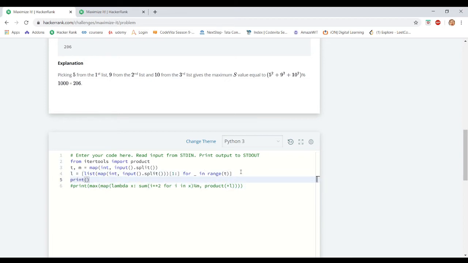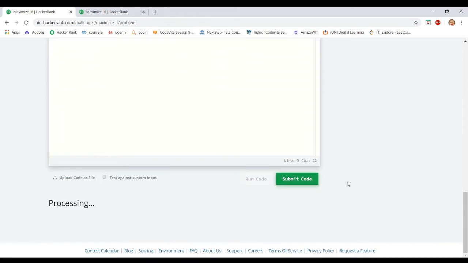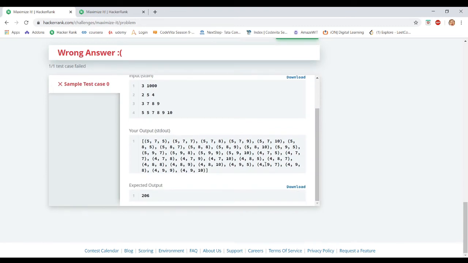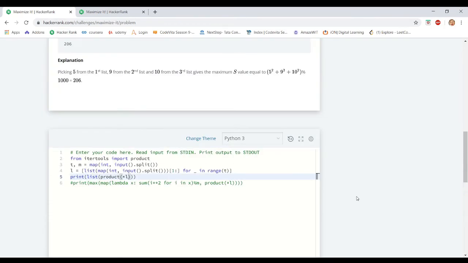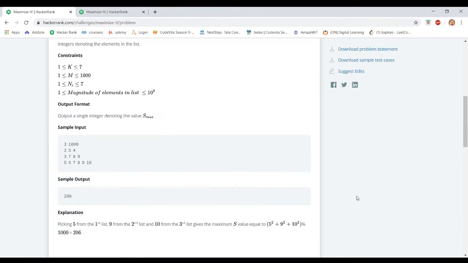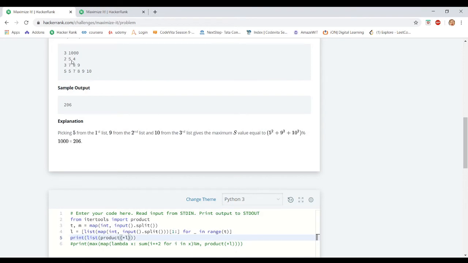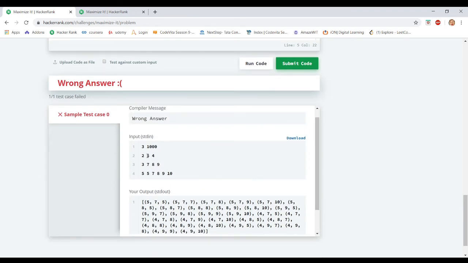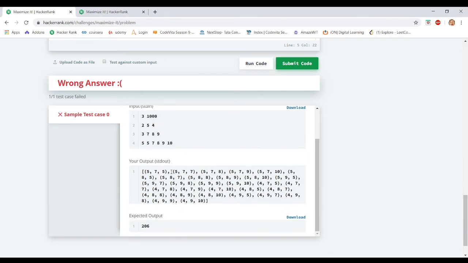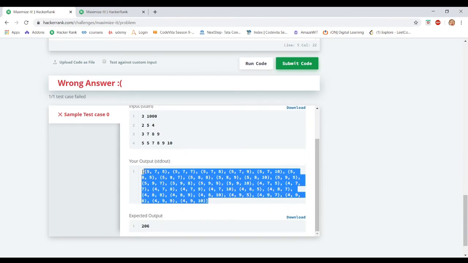If we print the product of L, let's see what the output is. See, this is our output. The product method considers every Cartesian product. In this case, we are getting the values 5 4, 7 8 9, and 5 7 8 9 10 cross multiplied, and they are obtained in the resultant list like this.